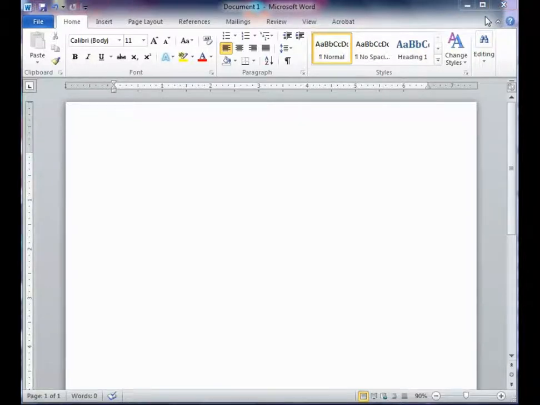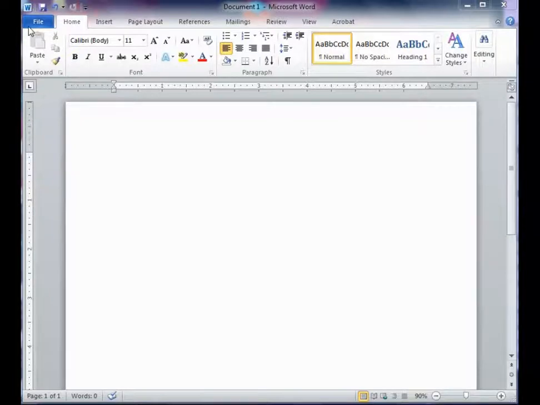And here these are the access tools to close, to minimize or maximize, or resize the document. This will help to resize the document. And these are the quick access toolbar. And see the first one, by clicking this you can save the document. This is for redo and this is for undo.